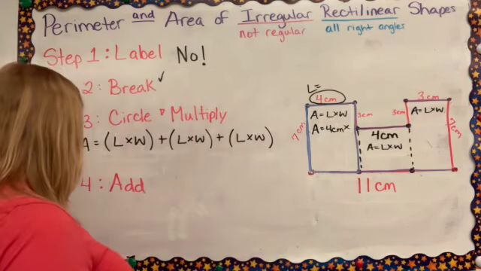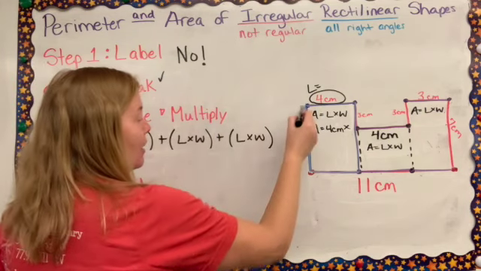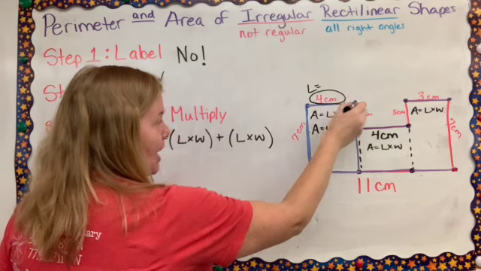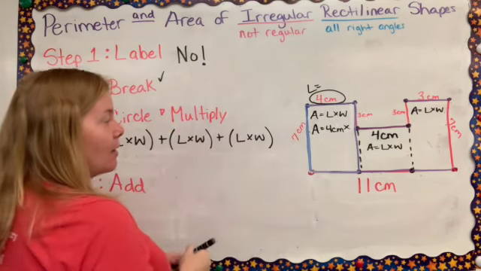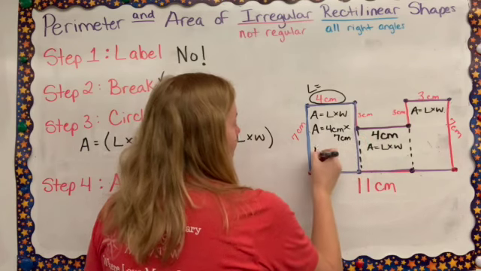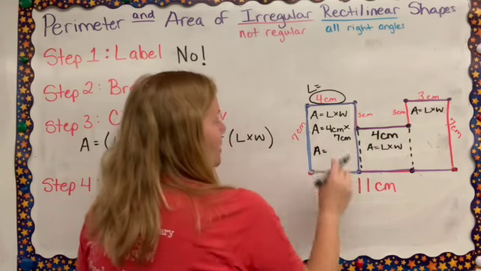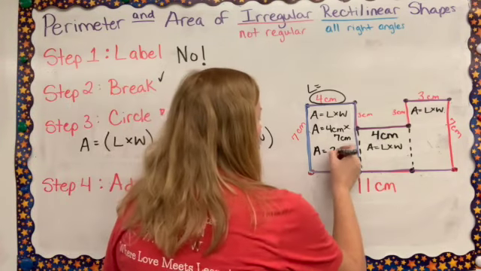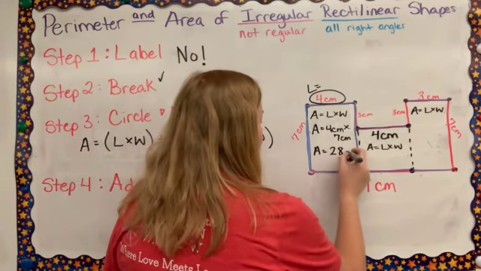Correct. We're going to use that 7 because we need the whole length of the whole shape. That 3 is just from dot to dot here, so that's not going to work. So 4 times 7 centimeters. Area equals, what is 4 times 7? You're getting good at those facts. 28, and do not forget to put